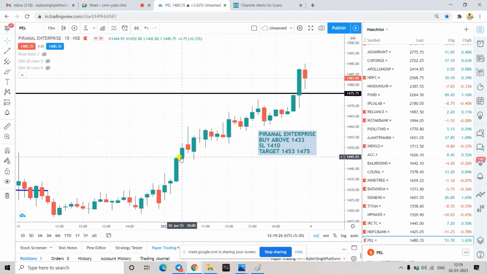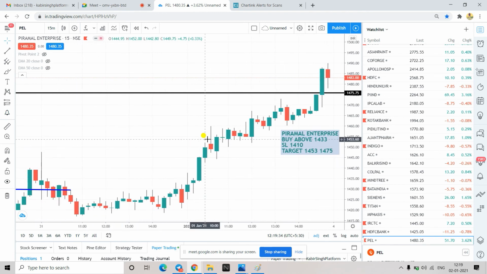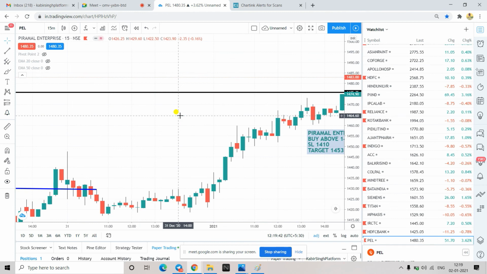Alright, so at 10:03 you got the alert. So this is the candle which was forming at that time. So you can directly place the order at the high because this is above the previous day high also. Okay, and you can stay in that. 0.5 first target, second target 1%, and then you can trail.